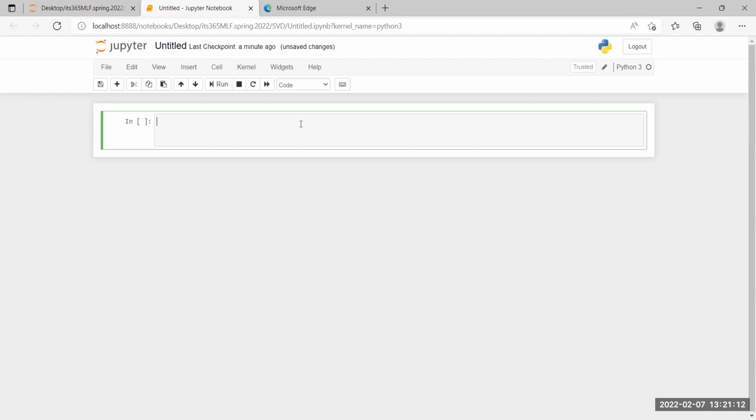Think about it. If we go back to the whiteboard, what I'm saying is we have about 620 users and about 9,700 movies. The IDs for users in the data set go from 1 to about 620, so that's no problem. But the IDs for movies go to about 90,000.